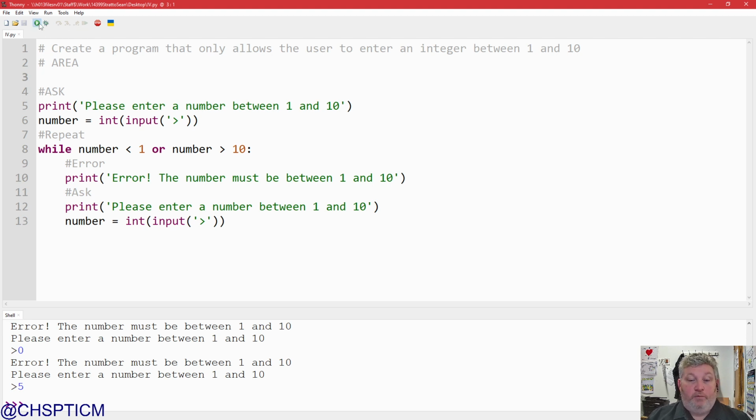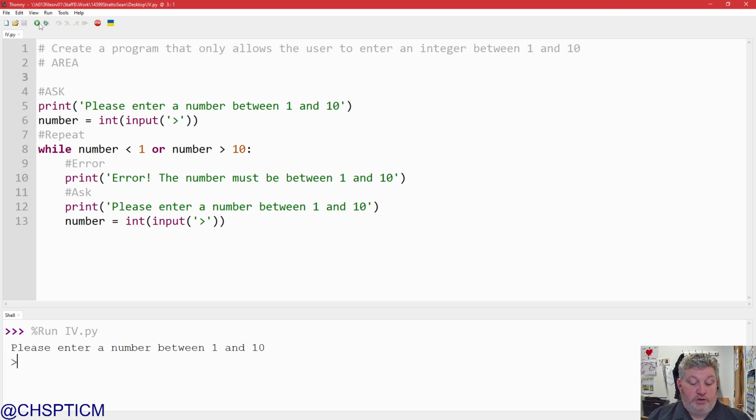If we run it again, we're going to check the edges, we're going to check what we call the extremes. So the extreme value is 1, acceptable. At 10, also acceptable. So this is input validation using a while loop, and it uses AREA, which is ask, repeat, error,